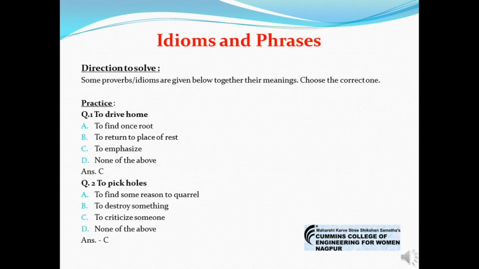The next part of verbal ability is idioms and phrases. Idioms is an expression, words, or phrase that has a figurative meaning understood by native speakers. This meaning is different from the literal meaning of the idiom's individual elements. In other words, idioms don't mean exactly what the words say. They have hidden meanings. Idioms are commonly used in everyday conversation by native speakers of English. They are often metaphorical and make the language more colorful.